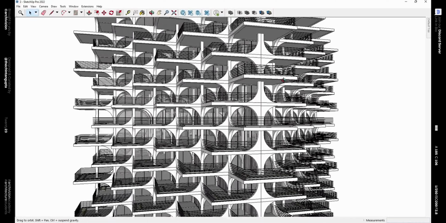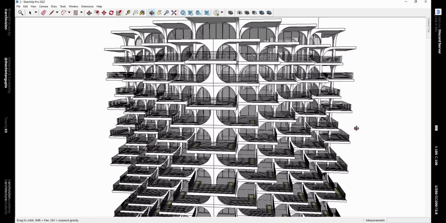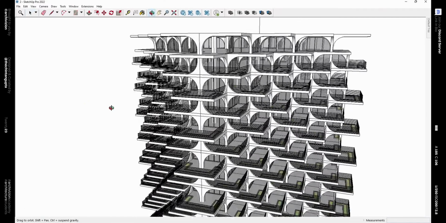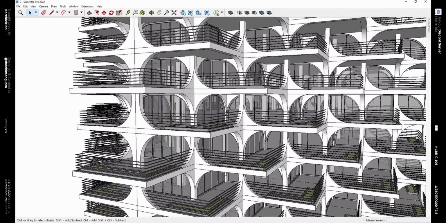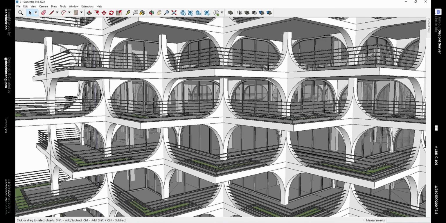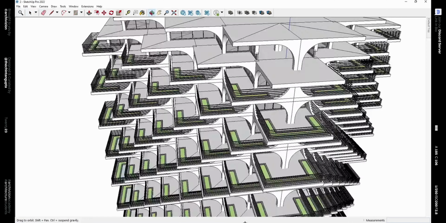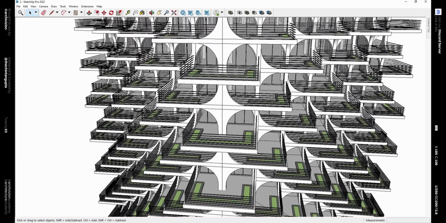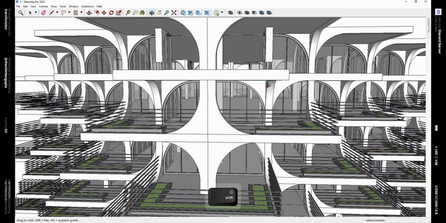Now most of the modeling is complete. There are just a few things that we need to fix. Now we need to fill these gaps.